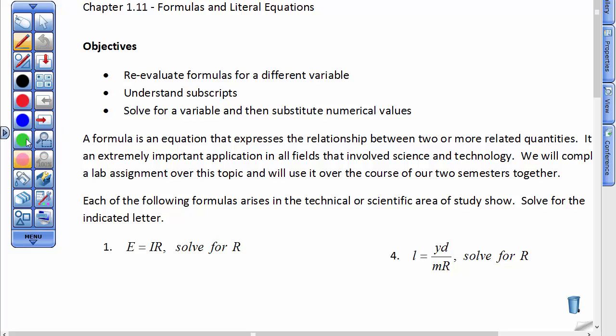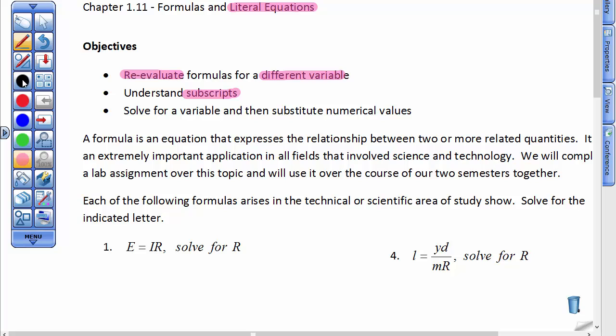In this unit, we're going to understand how to take a formula and solve it for a different letter, or rearrange it, or reevaluate the formula again for a different variable. We sometimes call this solving a literal equation. We're also going to understand